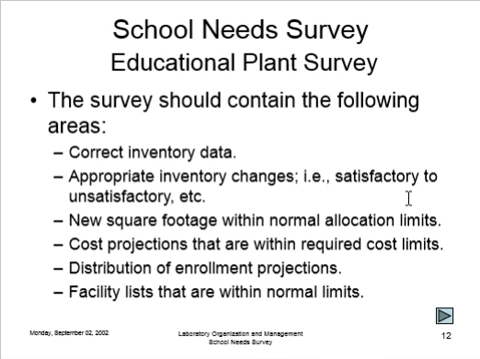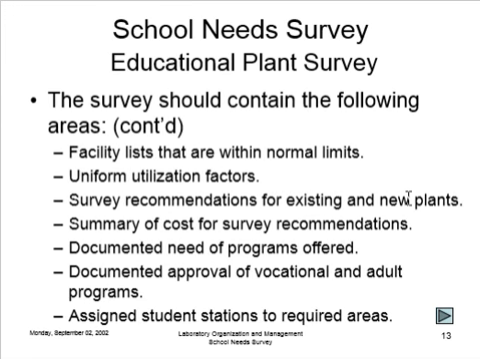cost projections that are within required cost limits, distribution of enrollment projections, faculty lists that are within normal limits, uniform utilization factors, survey recommendations for existing and new plants, summary of cost for survey recommendations, documented need of programs offered, documented approval of vocational and adult programs, assigned student stations to required areas,